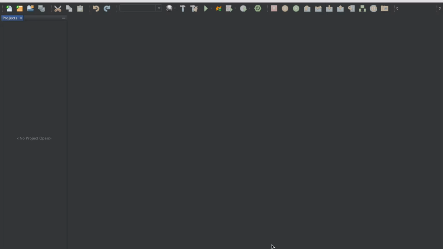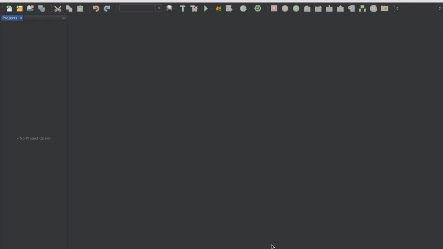So what is a prime number? A prime number is a whole number greater than 1 whose only factors are 1 and itself. Examples of prime numbers can be 2, 3, 5, 7, 11, 13, 17, etc. So in this tutorial we'll write a Java project to check if a number is a prime number